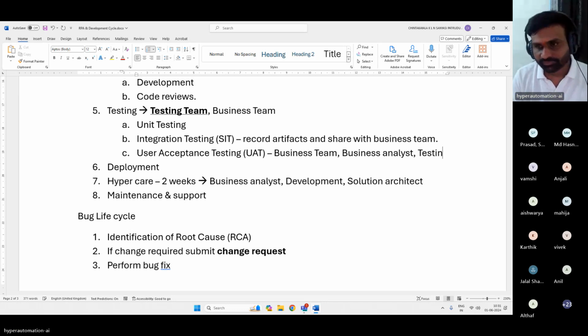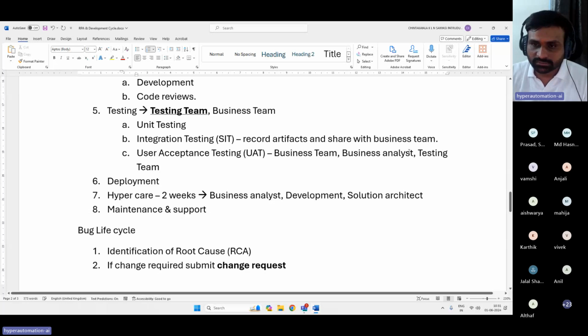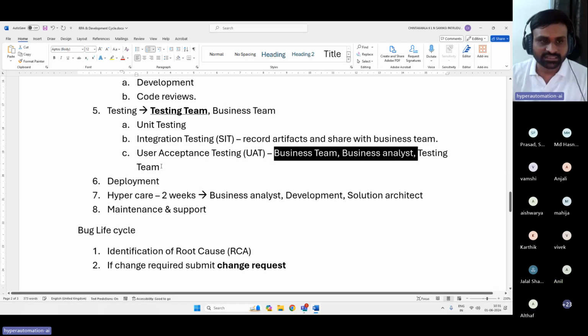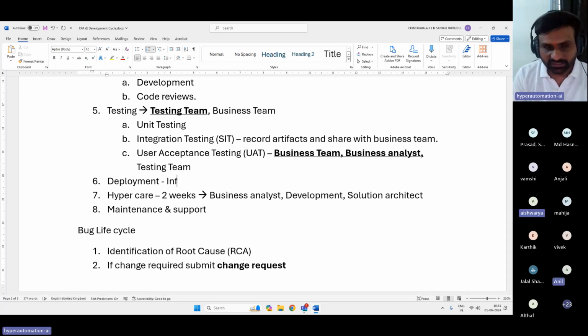Business analyst will work closely with the business team in order to get this UAT done and completed. Okay. And deployment, obviously, will be taken care of by the infra team and solution architect.